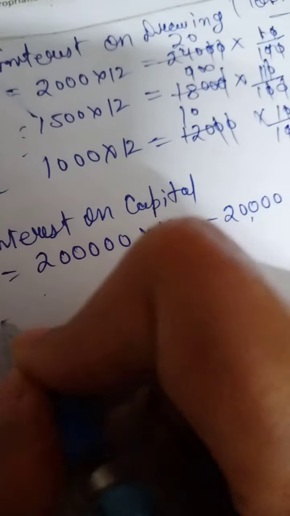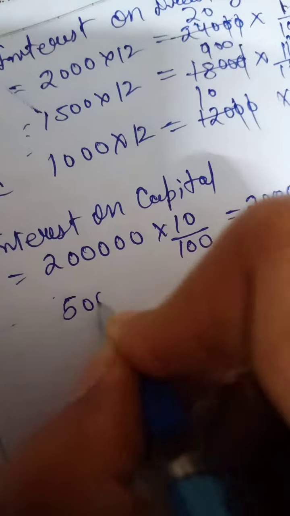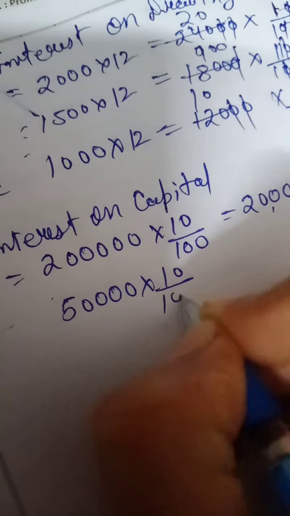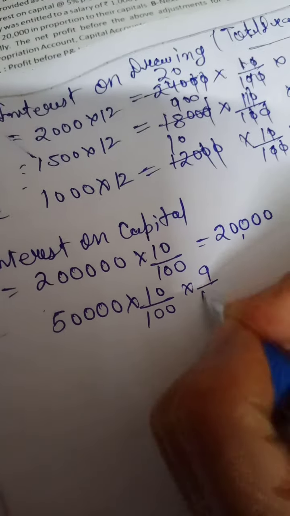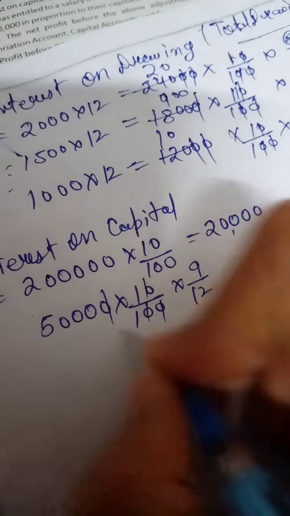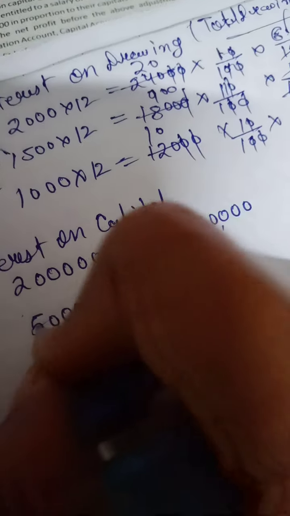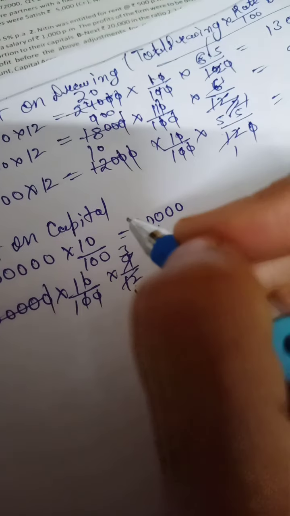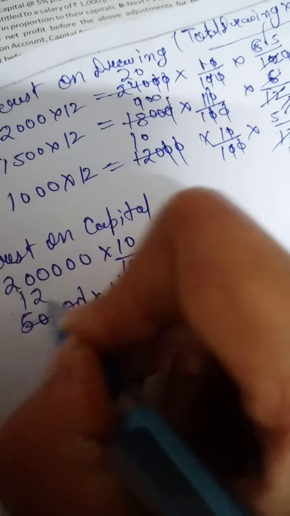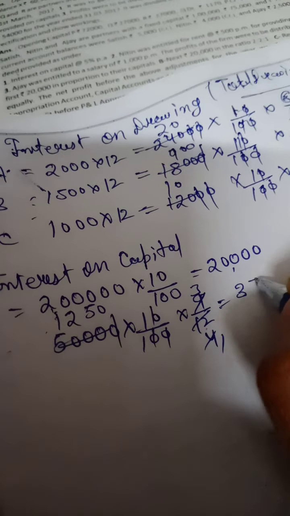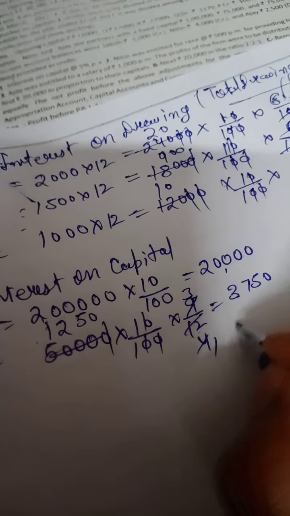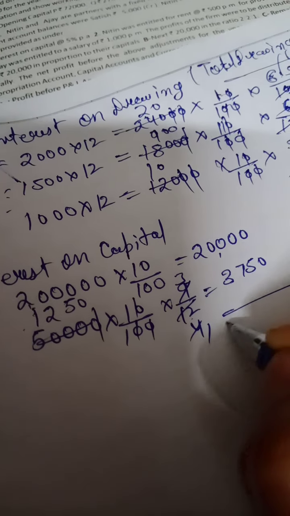For additional capital, 50,000 into 10% into 9 upon 12 equals 3750. Total interest on capital of A